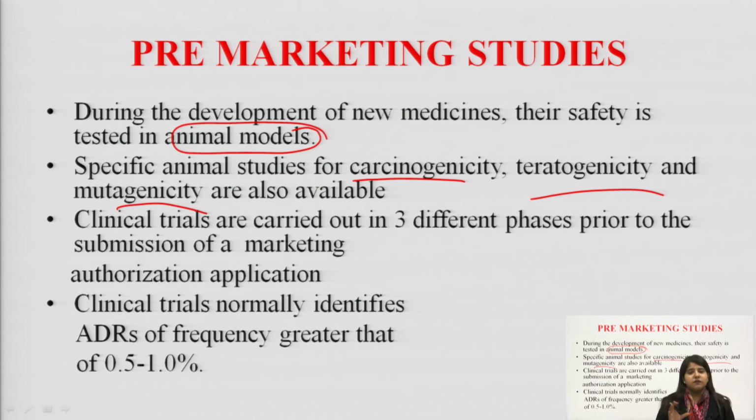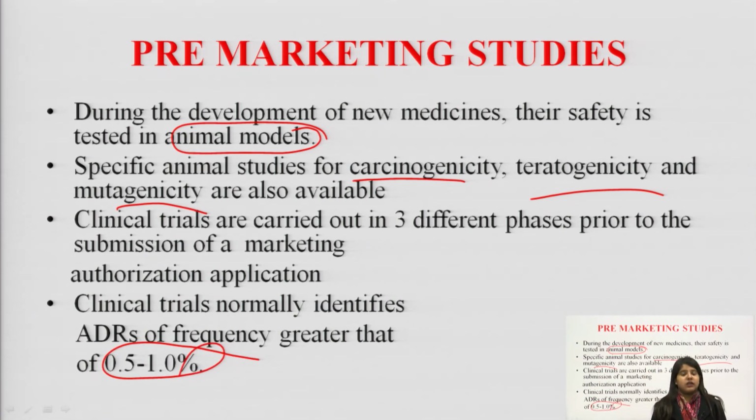Right. Now, because of this, the probability of detecting ADR, whether this drug might cause ADR, is very less. Because why? Because first of all we are checking in animals. In animals we cannot detect ADR, right? Animal is not a human that it will react to the medication in the same way. So, only 0.5 to 1% of ADRs are detected in pre-marketing studies.